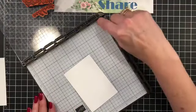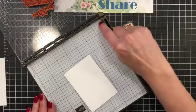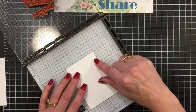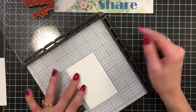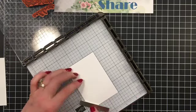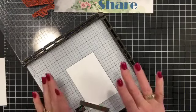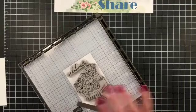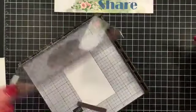So I have it so that if you're going at a diagonal, you're going to go 1, 2 squares diagonally, and that is where you're going to put your paper. So I'm just lining it up. So I'm 2 squares diagonally down. Then I can put my magnet right here. That will keep my paper secure. And then as you can see, I can bring it in, and it's going to stamp this 2 3/4 by